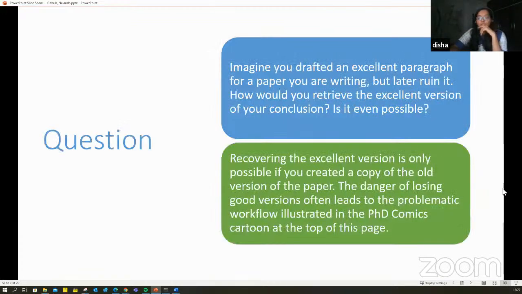Great. Now I have some question for you. Okay, suppose कि आपने एक excellent पैराग्राफ ड्राफ्ट किया है, एक पेपर आप लिख रहे हो, अपना थीसिस लिख रहे हो, whatever, लेकिन कुछ आपने बाद में गलती कर दी उस पैराग्राफ में. ओके, और वो रुइन हो गया. ओके, खराब हो गया. फिर आपको कि अरे नहीं नहीं, पहले तो बढ़िया एक्सीलेंट पैराग्राफ लिखा था, मुझे इतना बढ़िया सेंटेंस सूझा था, वहां पे ग्रामेटिकली करेक्ट था, सब कुछ अच्छा था, लेकिन अब मैंने बिगाड़ दिया है वो. तो मैं पिछले वाले वर्जन पे कैसे जाऊं, राइट. This was the conundrum of the PhD student that we were looking at, right?